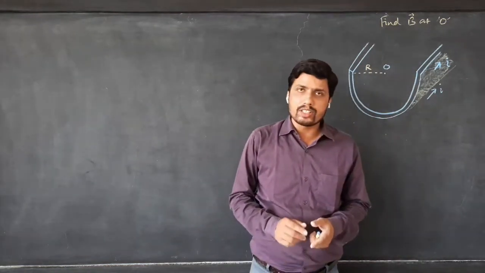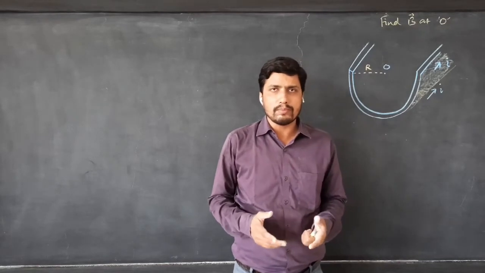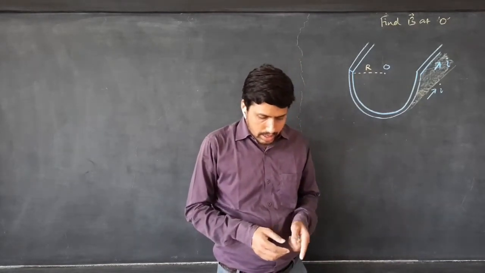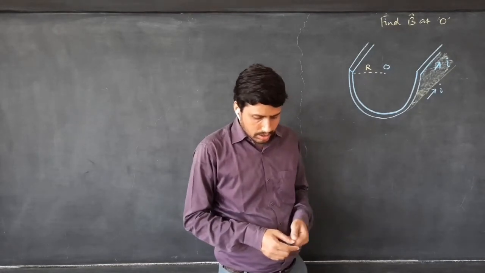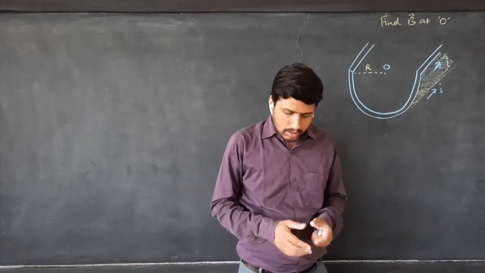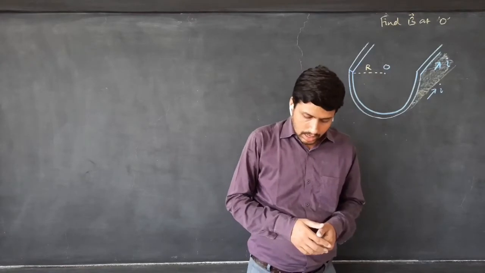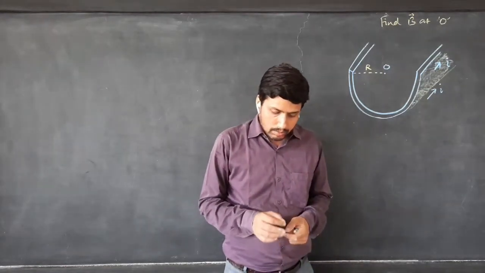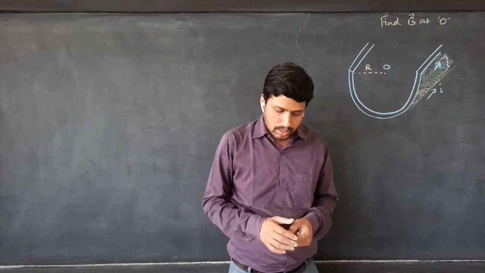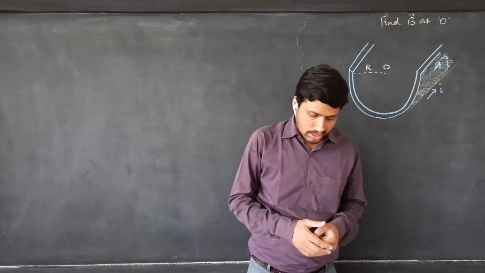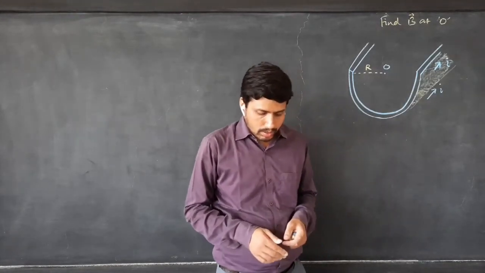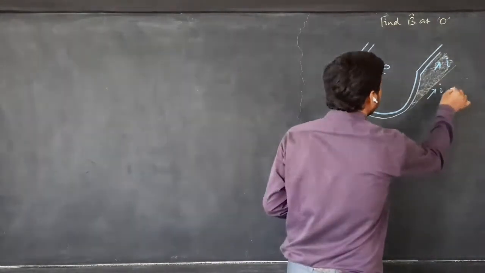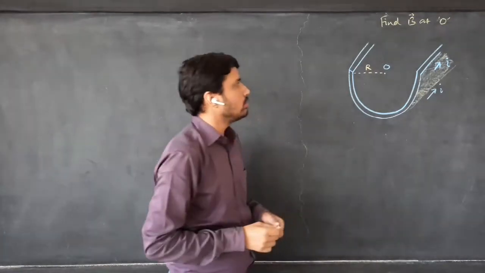Find the magnetic induction. Magnetic induction means you have to find B, magnetic field, what we commonly call. Find the magnetic induction at a point on the axis due to an infinitely long thin conductor with a semicircular cross section of radius capital R is equal to 10 centimeter, carrying uniform current I is equal to pi ampere. I value is given, R value is given. I'm not writing the values.